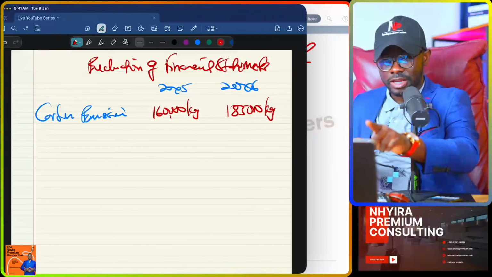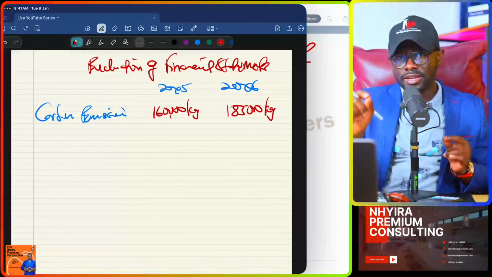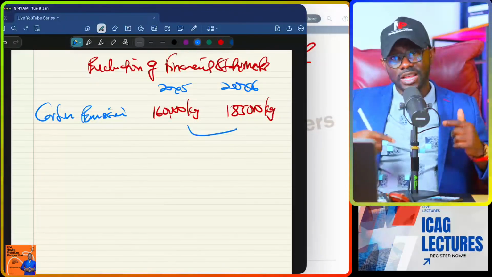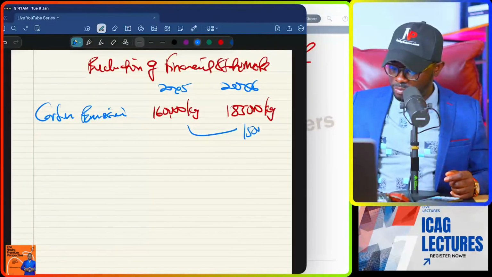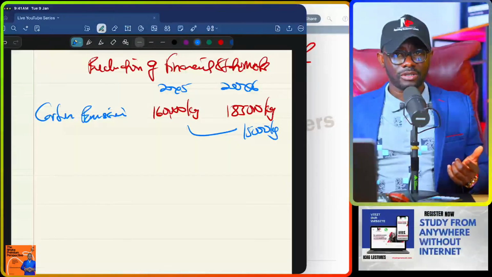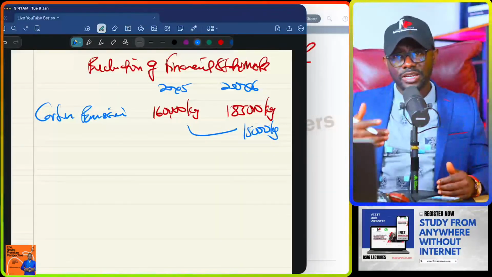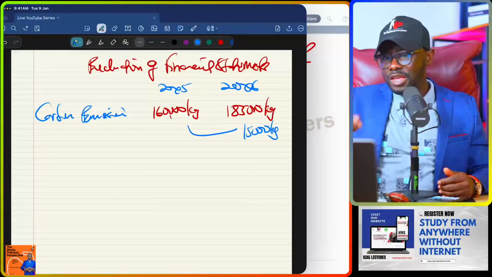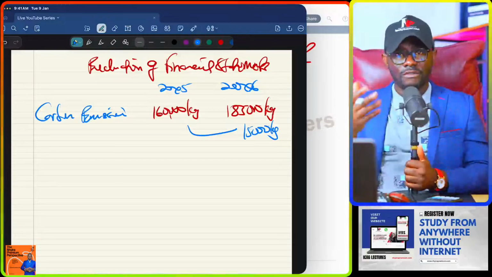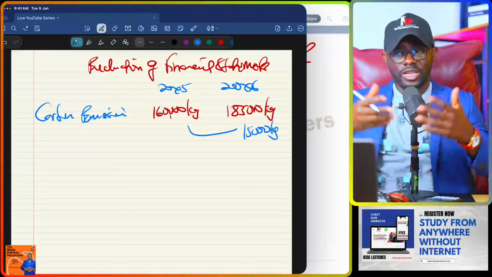Now, if you look at this example we have here, 20x5, they did 160,000 kilograms. 20x6, which is the current year, they are doing 185,000 kilograms. So there is an increase in the carbon emission footprint, or the carbon footprint of the entity, 15,000 kilograms. From an environmental perspective, that is not good. It means that the entity's operation in the current year had negative impacts on the environment than in the previous year. Now, this is likely to affect the reputation of the entity, the customer base, or the access of funding